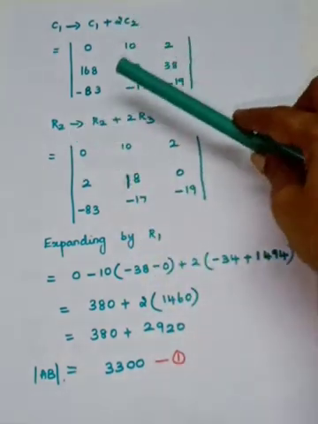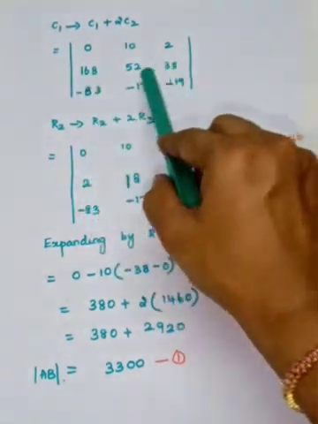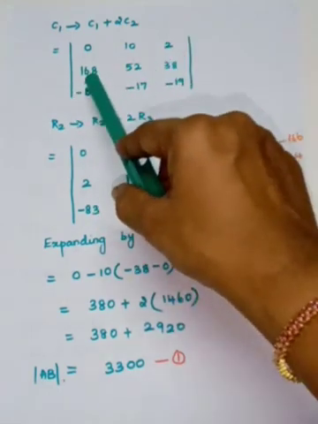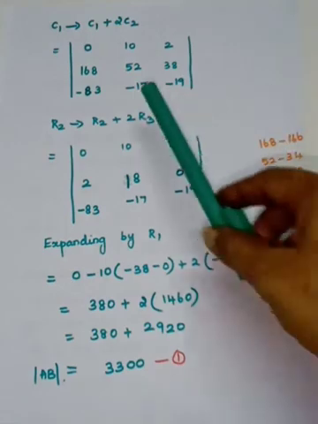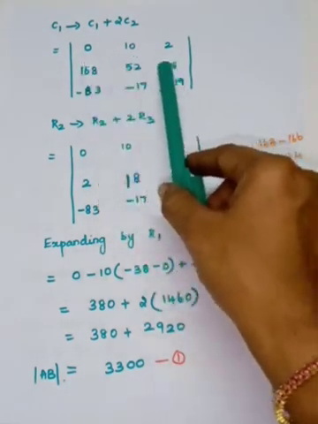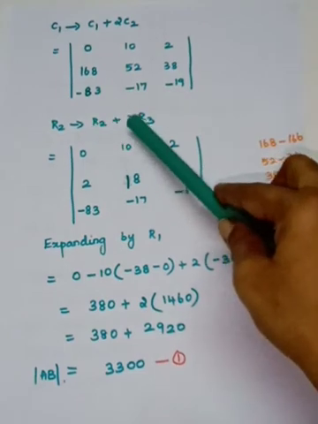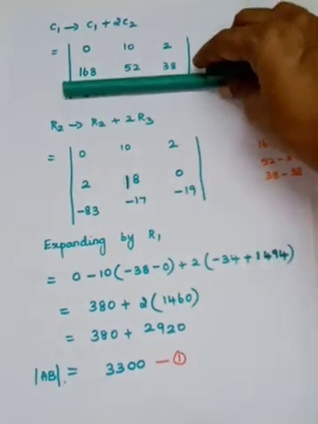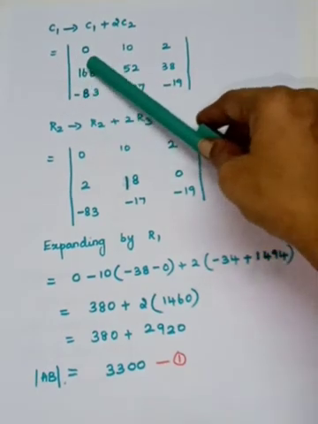Next, I am going to do the transformation as in R2. Okay, so here you will have 168. So when you multiply, here you feel difficult. So therefore, you are going to make a change in R2. So R2 implies R2 plus 2 R3. That means all the entries of R3 have to be multiplied into 2. Then it is added with R2.